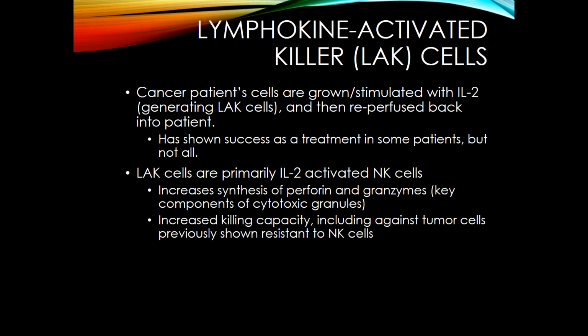Now there's a cell type called lymphokine activated killer cells, or LAK cells. And this cell type is produced to help combat cancer. So basically what you do is you take a cancer patient's cells from the blood, or if they really want to get fancy, they'll take them from around the tumors, and they will stimulate them, grow them in the presence of interleukin-2. And they'll do this for several days to expand those cells, and then they'll eventually reperfuse them back